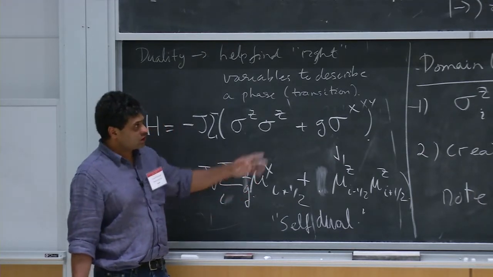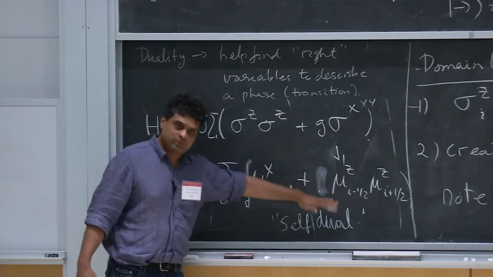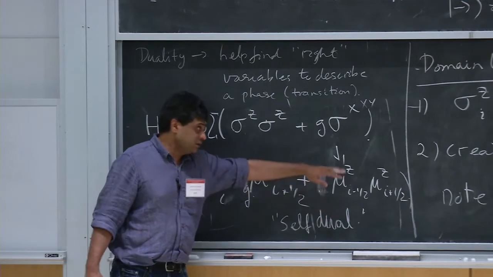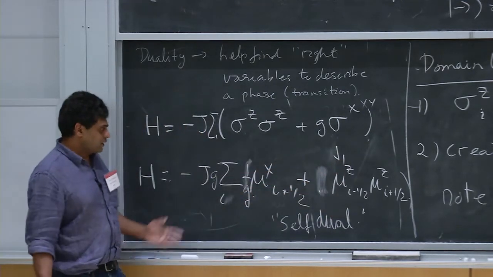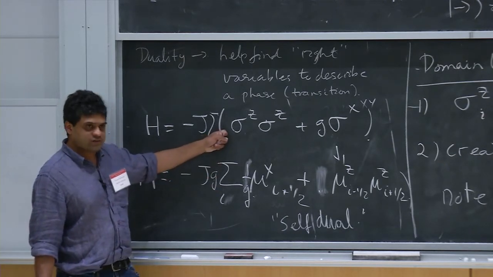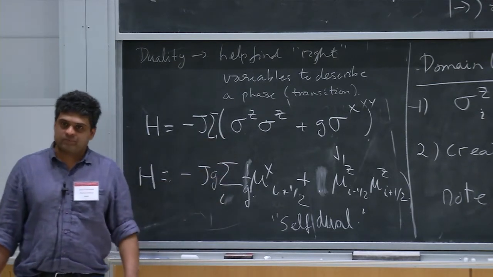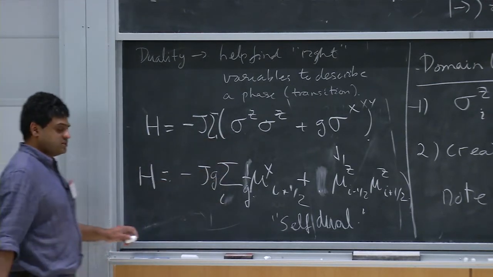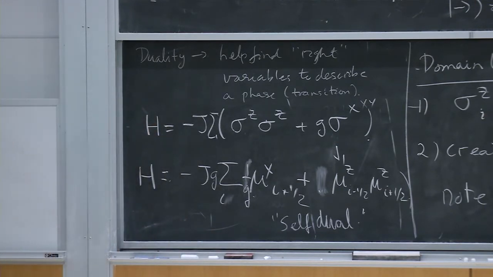It gives you a nice picture of all of the phases. You can think of the ordered phase over here as the phase which has no domain walls, the vacuum for domain walls. The vacuum over here is a domain wall condensate. But apart from that, it doesn't do very much. But there's a different set of variables that we'll write down, the fermions, where you'll be able to solve the problem exactly. And that's really the right set of variables to discuss this problem. But that's for the next lecture.